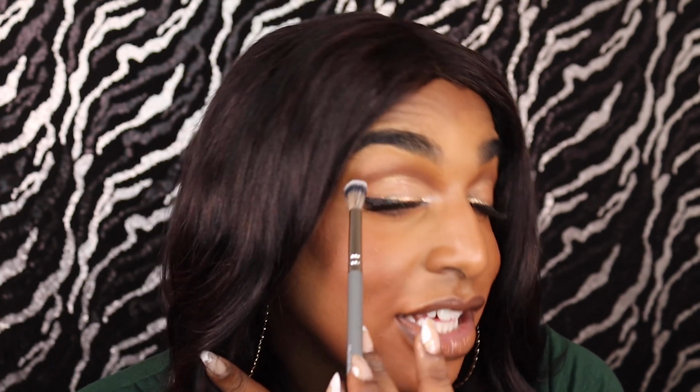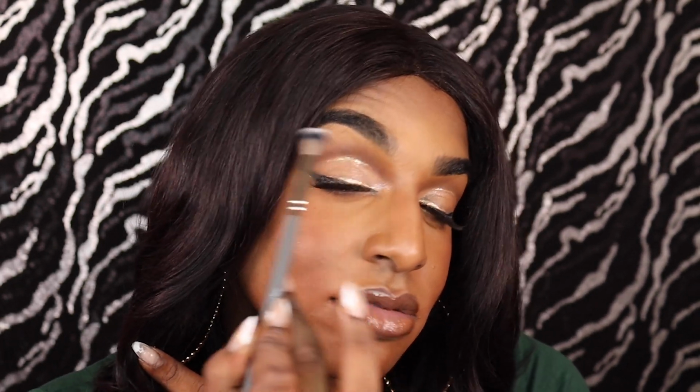Next, oh, this is the MyKitCo My Flat Blender, which I really was looking forward to using for cream application because I love the Danessa Myricks Color Fix. Like, I don't know how I went my life without them. My whole career changed when I started using them. Like, I'm using 8 of them right now. Not really, but I didn't have anything in my kit to really smudge out any creams. So I was super looking forward to this because it's nice and flat. What is this made out of? Jesus, it's so nice. It can just pop right in the crease and then just